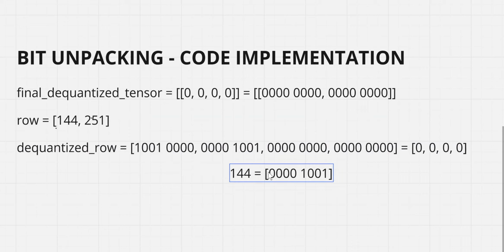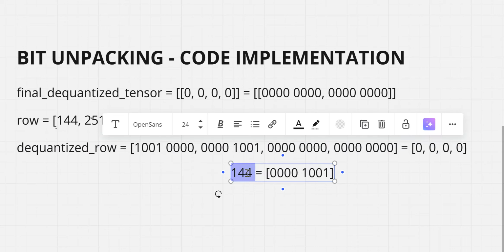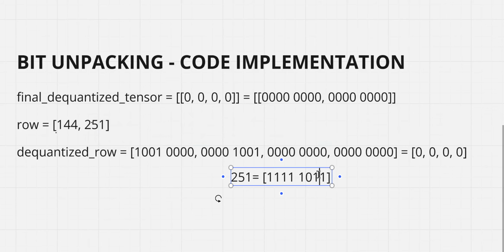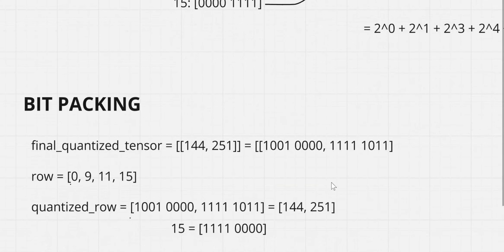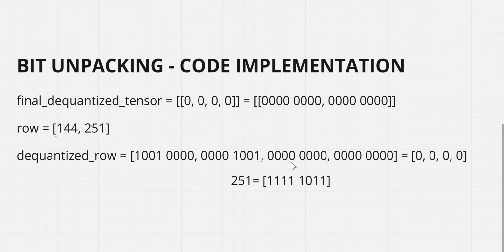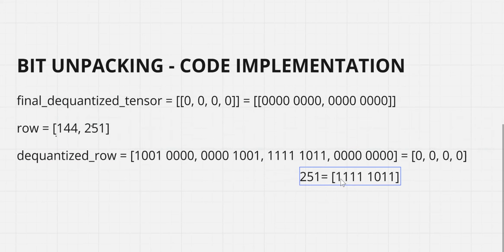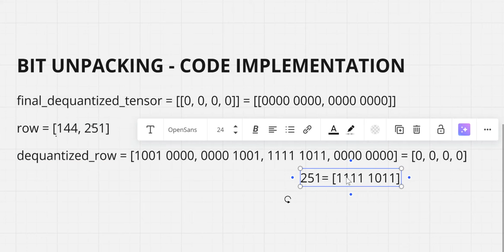And then now we change up. We now are going to be working on 251. 251 is represented as 1111 1011, right? Yeah, 1011. We're not going to do any shifting to the right. We're just going to do a bitwise OR between it and the entry right here. Remember, on the first iteration, there is no shifting at all. Right, and then we move it over to the other entry. And then now we do some shifting. We shift it 4 bits to the right. That's going to move this here, and it's going to zero everything that's left over here. We do a bitwise OR here, and then this right here